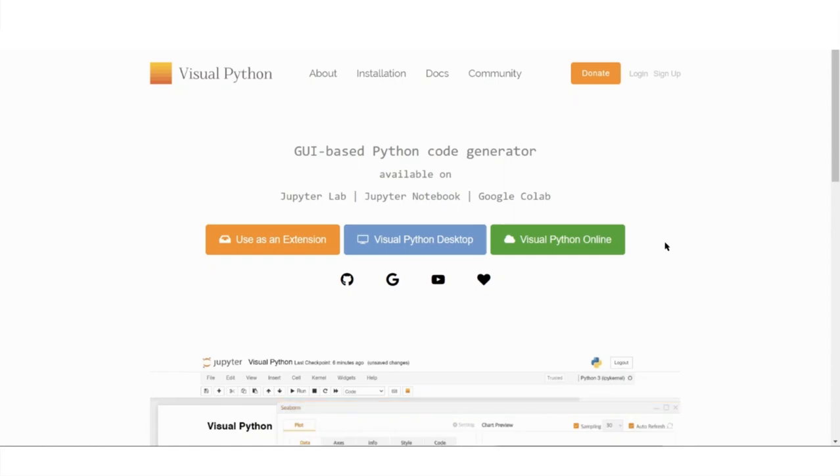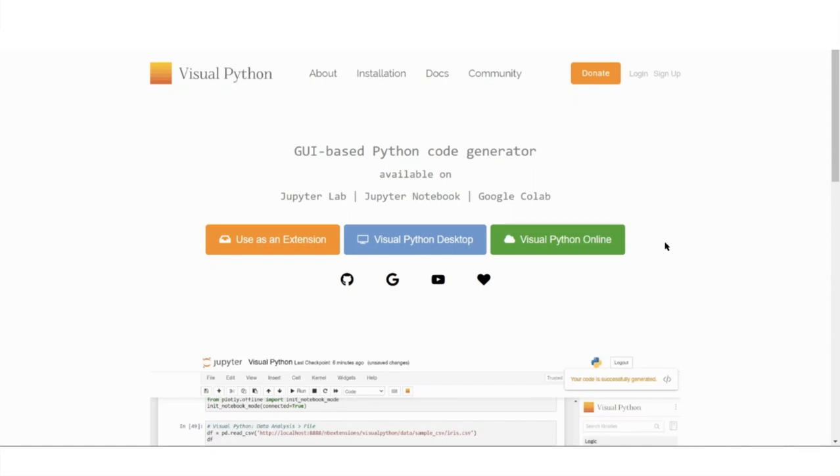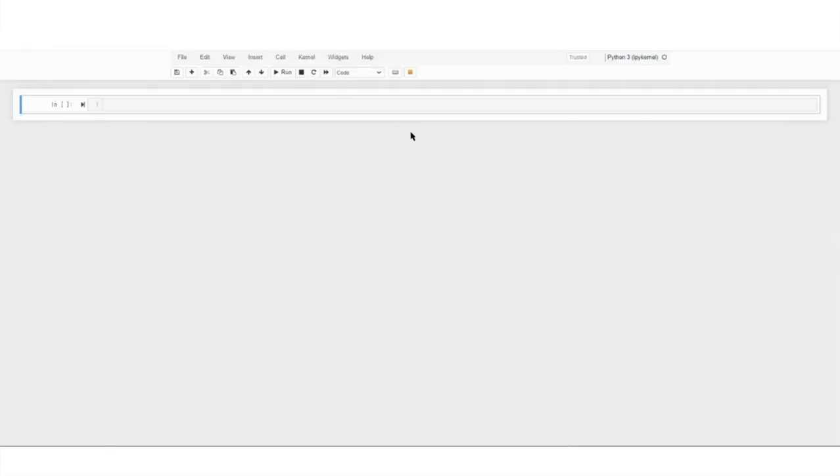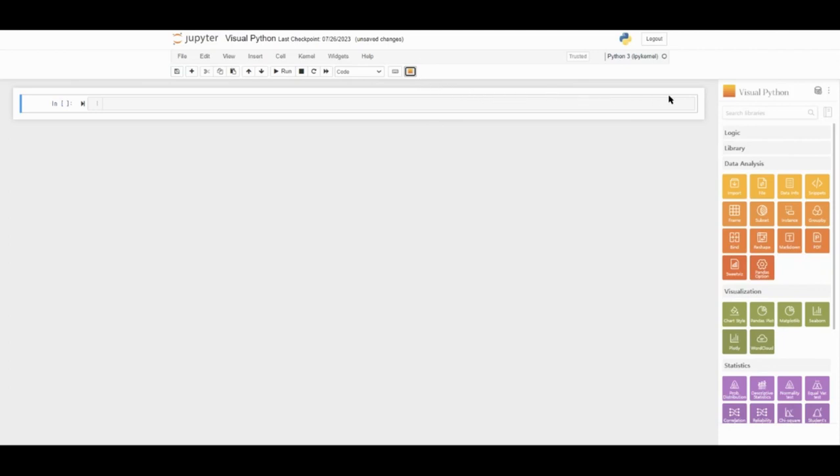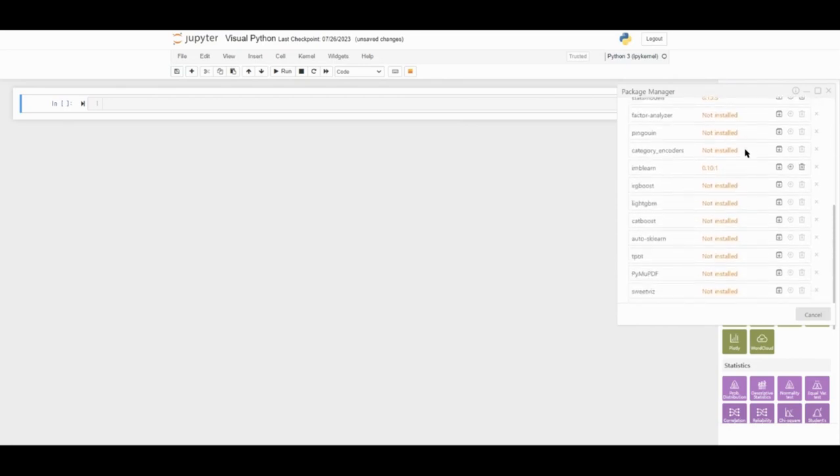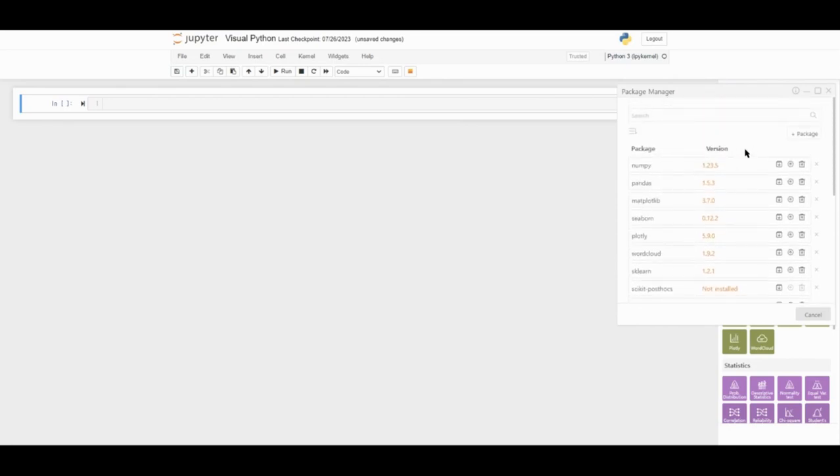Now, shall we learn how to install and import packages, modules, and functions with Visual Python? Please refer to the card in the upper right corner for Visual Python installation and execution instructions. Launch Visual Python and click on the icon that looks like a stack of coins in the upper right corner. This is the Package Manager, which provides a convenient way to install most of the packages needed for data analysis. If you need a specific package, you can click the Install button to download or upgrade it, or even remove it. Alternatively, you can add packages you'll use in the future directly, making it easier to manage upgrades.